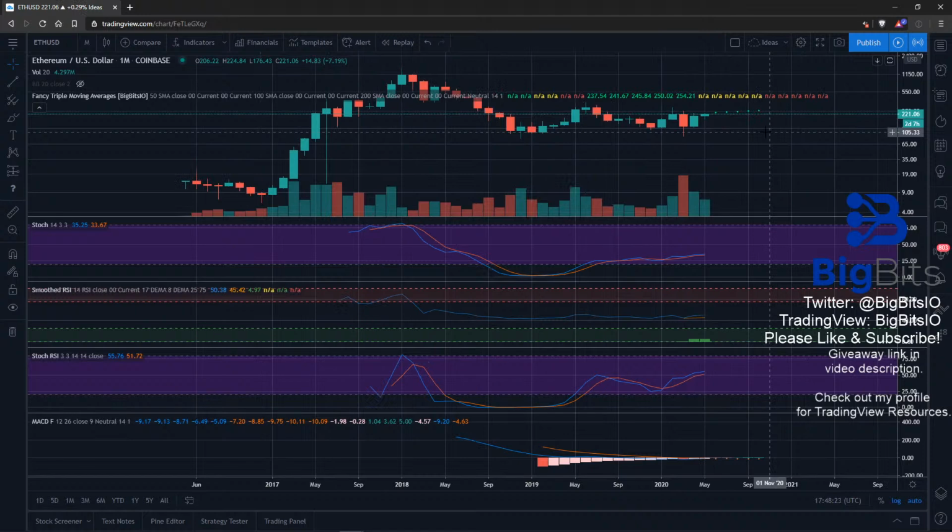So the monthly looks all right. If it finishes strong, like we've talked about with Bitcoin, then the momentum on these will look like they're going up much better than it currently does. It kind of looks like it's trying to top on the momentum on these particular indicators, but I'm not necessarily